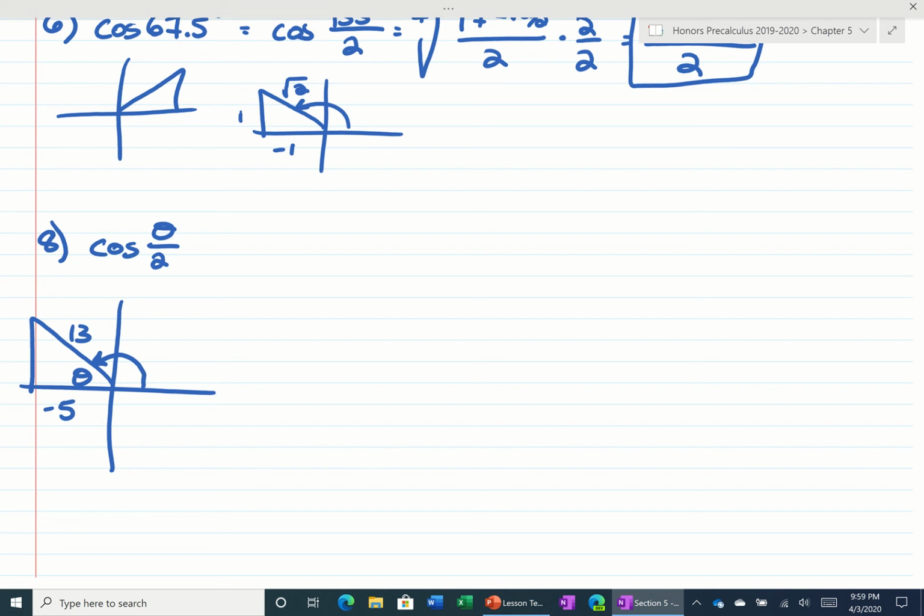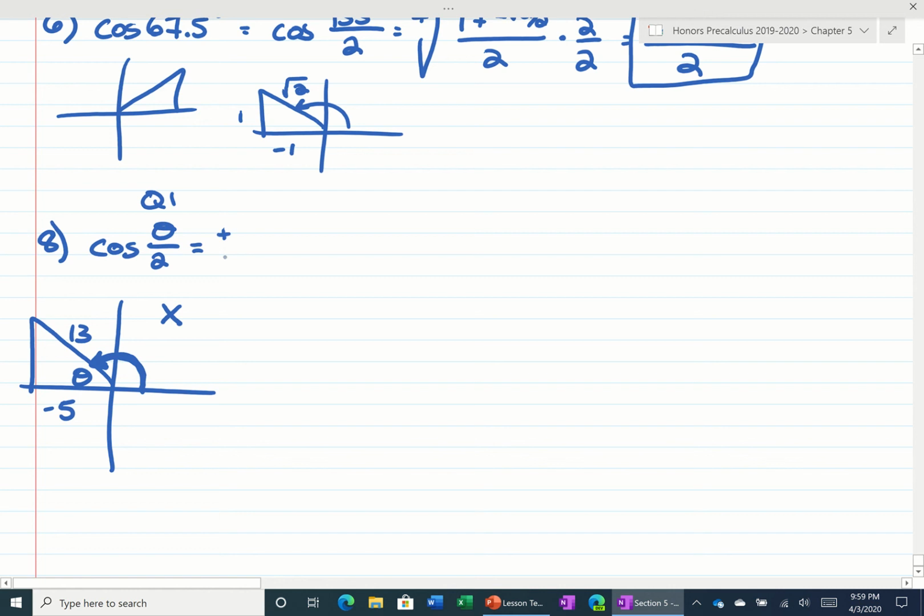So if the cosine, let's see, it always takes a little while. Cosine is definitely negative, right? So if that's going to be the angle, theta over 2 is going to be in quadrant 1. If we take this angle, whatever theta is, say it's 100 degrees, and we divide it by 2, it gives us an angle in quadrant 1. So cosine of theta over 2 is in quadrant 1,